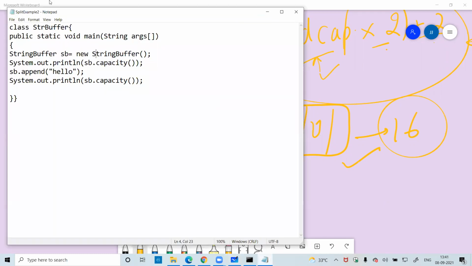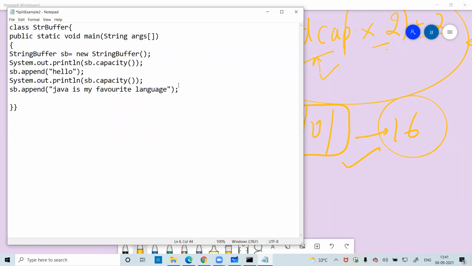Now, if I write here sp dot append the data, and within this append I write again, Java is my favorite language.